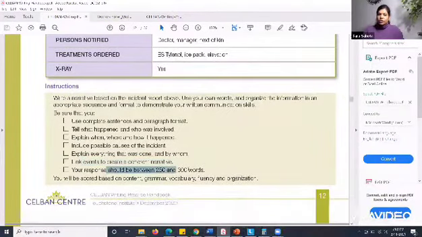And yes, your response should be between 250 and 300 words. They have given you time for both tasks, around 40 minutes. So you can divide 20 minutes for each among task 1 and task 2. Make sure that whenever you practice writing, you practice in time yourself, and type it, do not write it by hand, because that will make a huge difference when you're actually doing it in the exam. So make sure that you're typing it. That is going to help you.